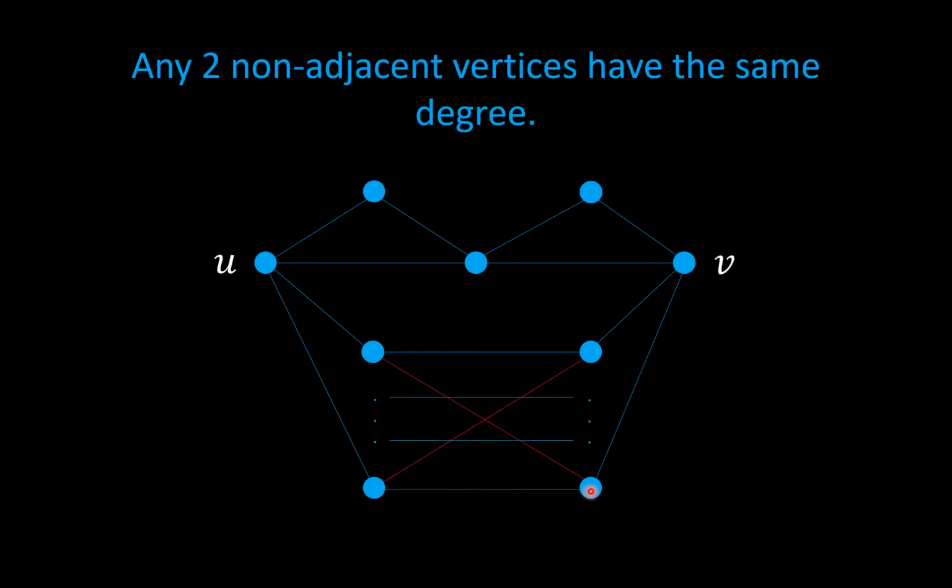So now what we just showed is that the number of neighbors of U is greater than or equal to the number of neighbors of V. By a symmetric argument, the number of neighbors of V is greater than or equal to the number of neighbors of U. And so they're equal. But maybe it's better through a picture. I can draw the bijection between the neighbors of U and the neighbors of V.